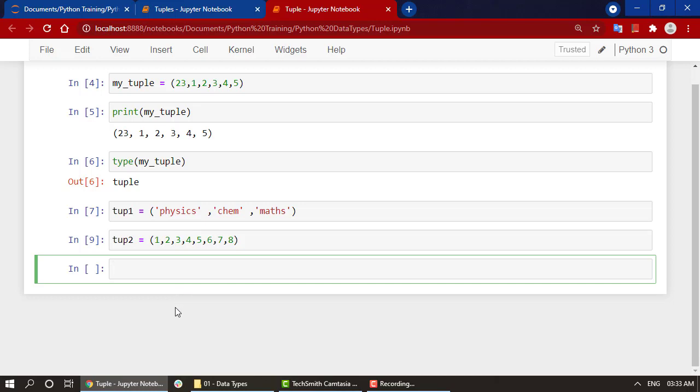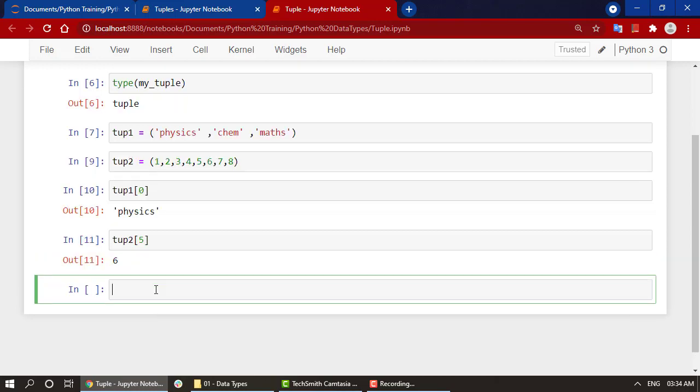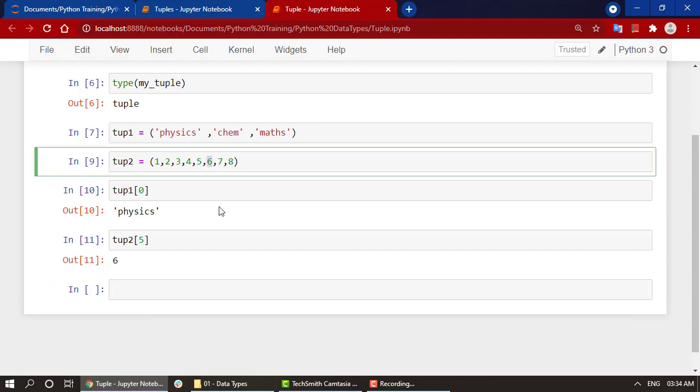It is quite similar to how we did it in strings or lists. Just write the name of it and the index. So at index 0 of tup1 I have physics, and at index 5 of tup2 I have 6, right? Quite the same thing.